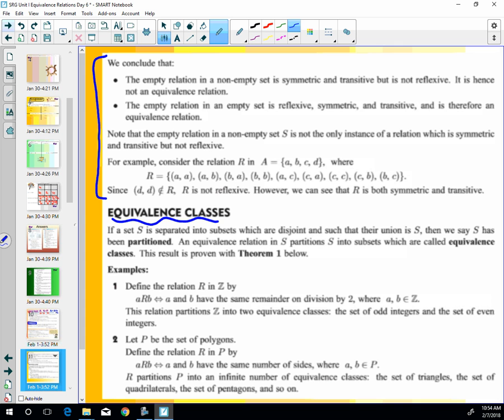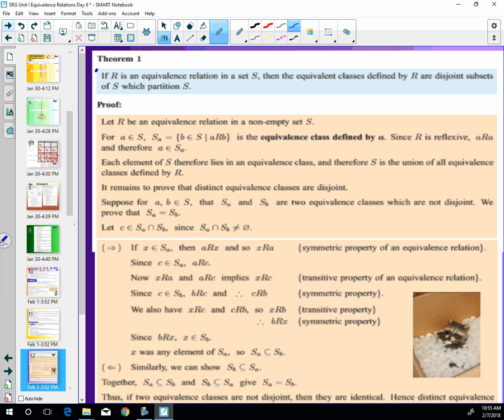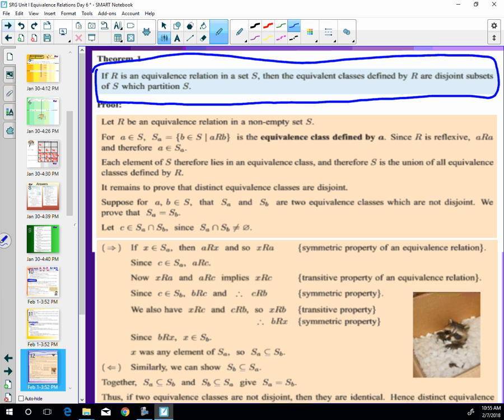Equivalence classes are the breakdowns of things being equivalent. How are they partitioned off to give you those? This was a little tricky for me too, but I think it'll make sense if you see the example that we're going to come up with. But the theorem is: if R is an equivalence relation, there are classes inside that are disjoint from each other. And you're going to have to define them at times. Here's the proof for that. You can read this one,